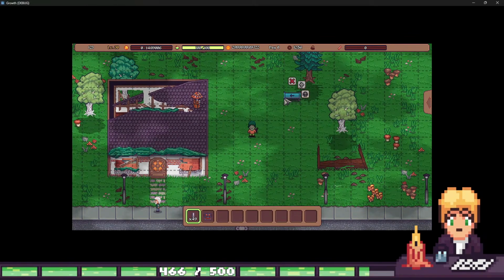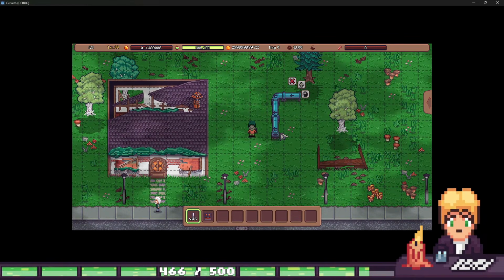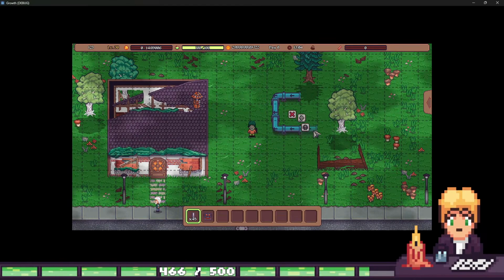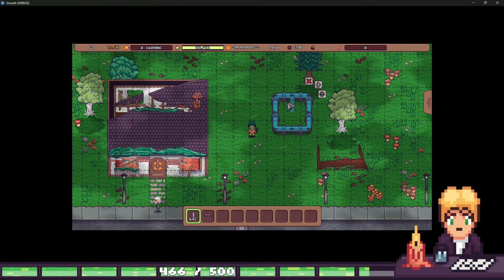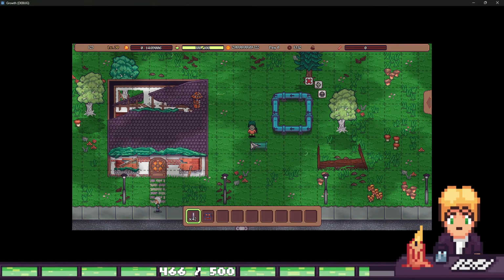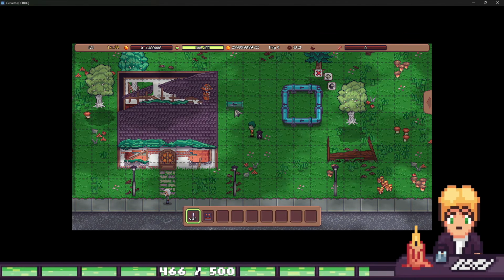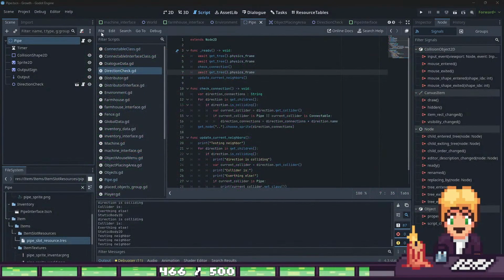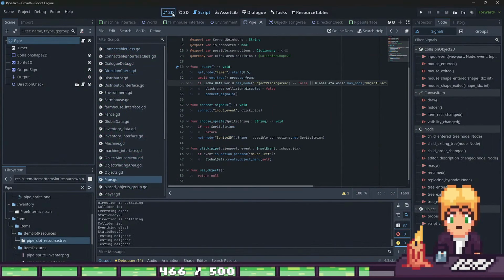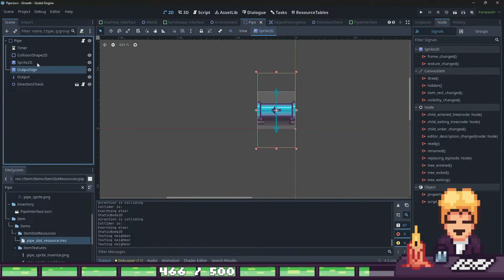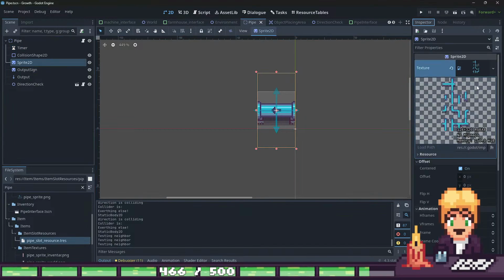I think the default one, we have this default view. The default view is actually not this one. I think the default view should be